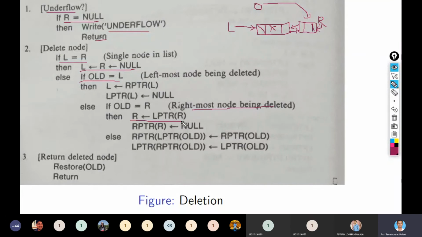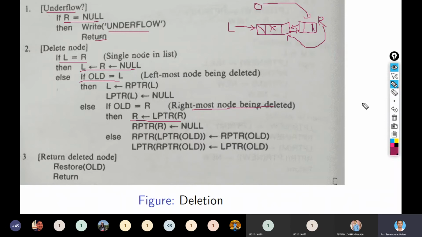So R equal to LPTR of R. So right now R is pointing to this, and that would be updated to this. RPTR of R is equal to null.